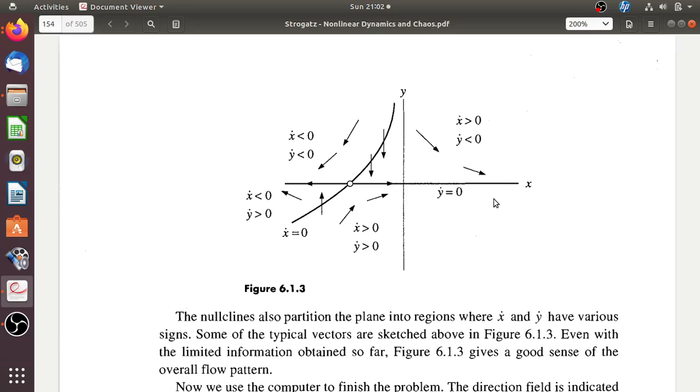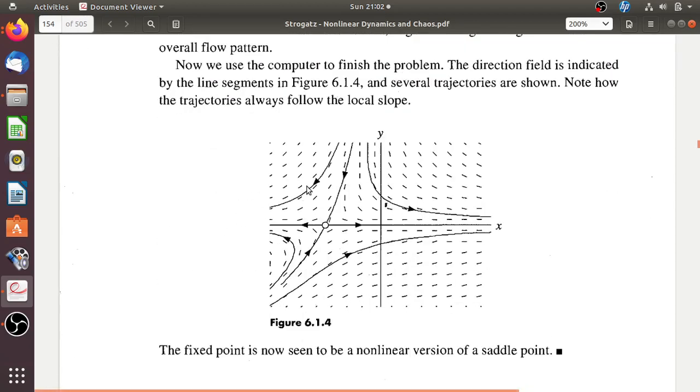So that's how we can do it qualitatively. I didn't use much mathematics, but qualitatively we can have an understanding about how the system is going to behave. Also we could understand there are some regions in which we will end up over here, and there are some regions in which we will end up over here, and the same goes for here and here as well. So finally this is the phase portrait.